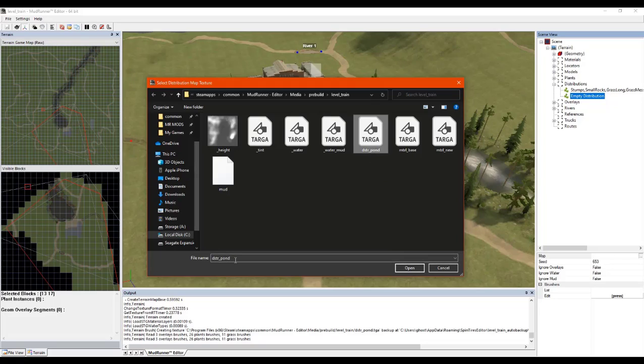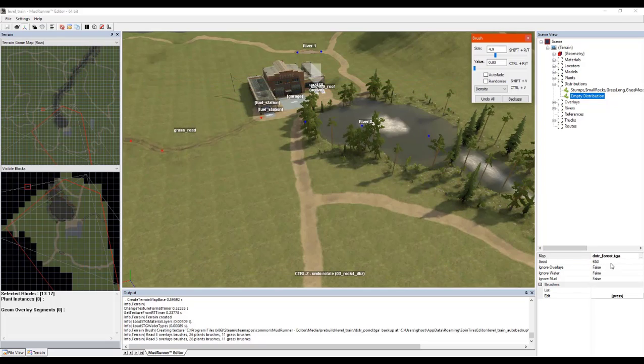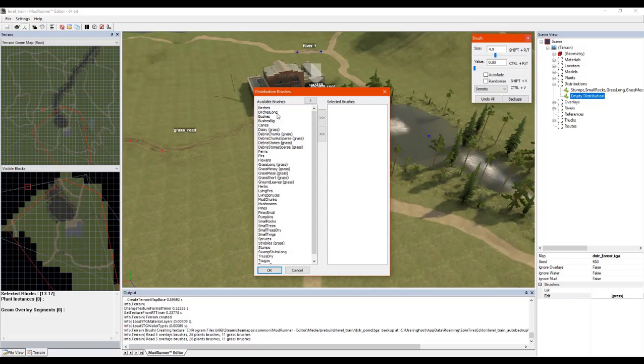So I got the pond. I usually just click on one of those, or you can start using this, and then you can come back and do this. Forest is what I usually do, it's like my main deal. We're going to do firs, grass, lawn. I don't want grass lawn. That's how you get them back, by the way, you just click on it on the other side. Grass messy, grass short, ground leaves, herbs,